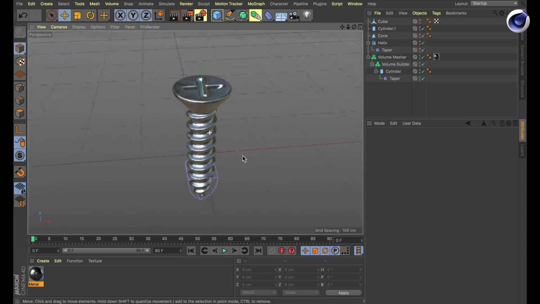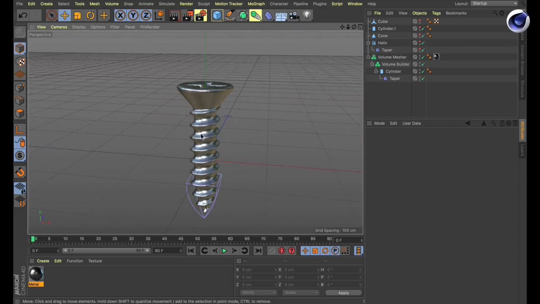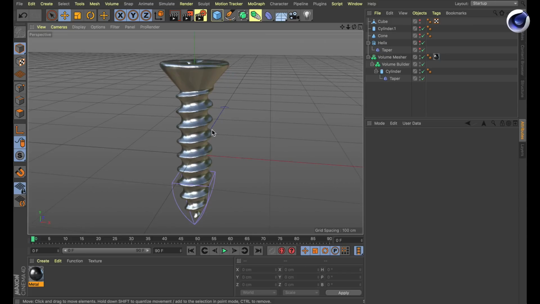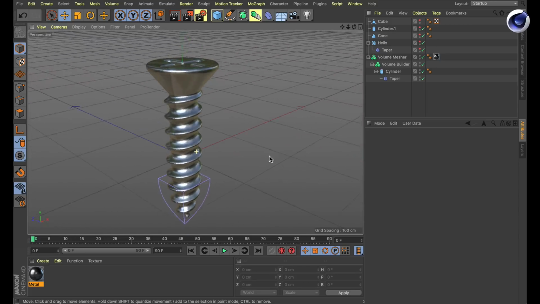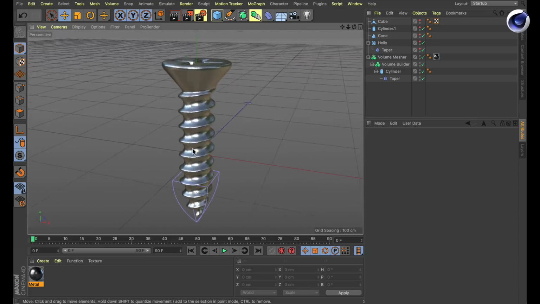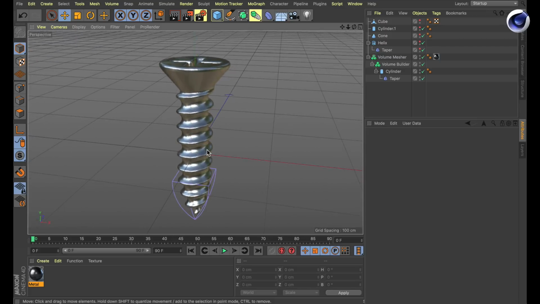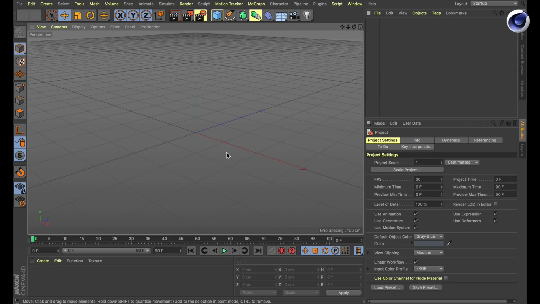So here you've got a screw that was created within 5 minutes. And imagine modeling this by hand. It would take much longer. Okay, the next thing I want to show you is how to